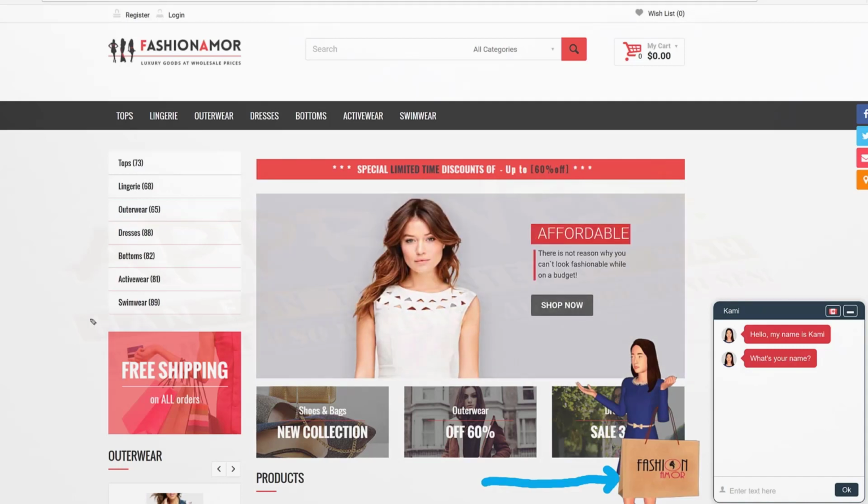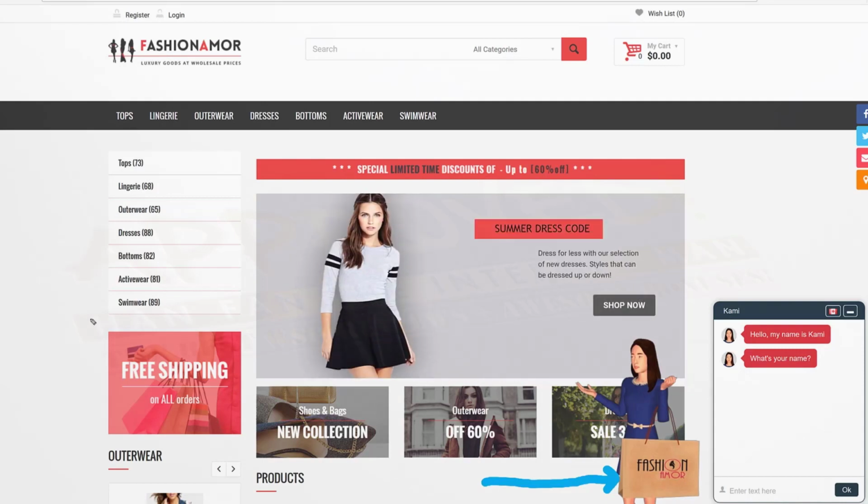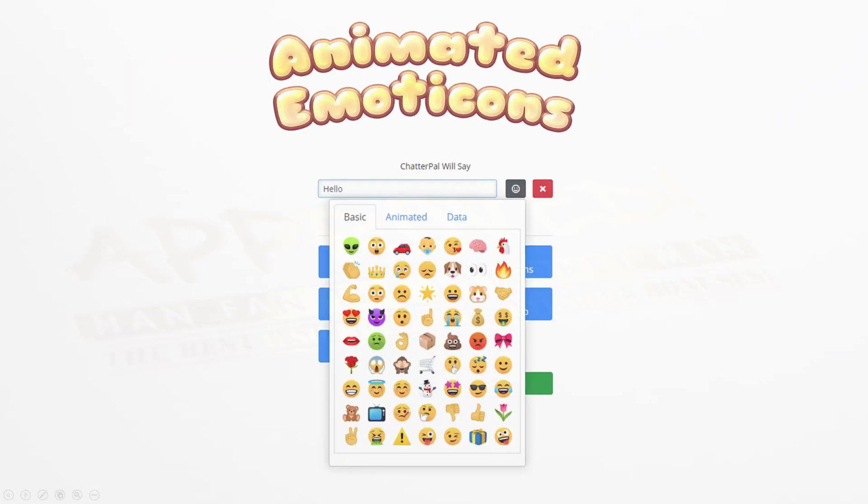You just import the logo in and boom, it's gonna get tracked and also adapt to that exact bag. And regardless of what size your logo is, it's gonna resize automatically. And the beauty is you can use this exact technology on unlimited websites, including client websites. And on top of that, we have animated emoticons that will allow you to also captivate people's attention, because you're literally getting a 24/7 chat agent working for you